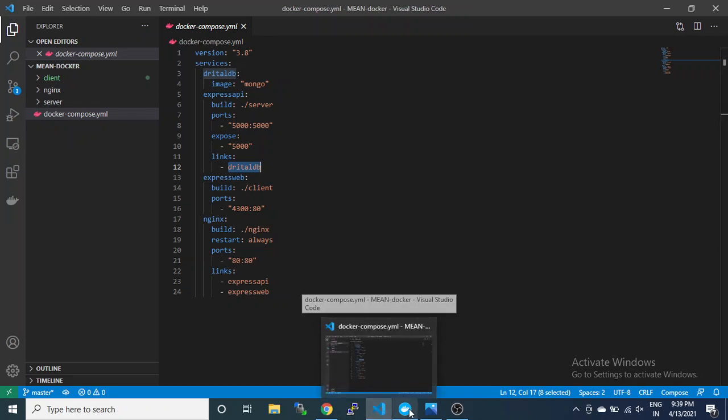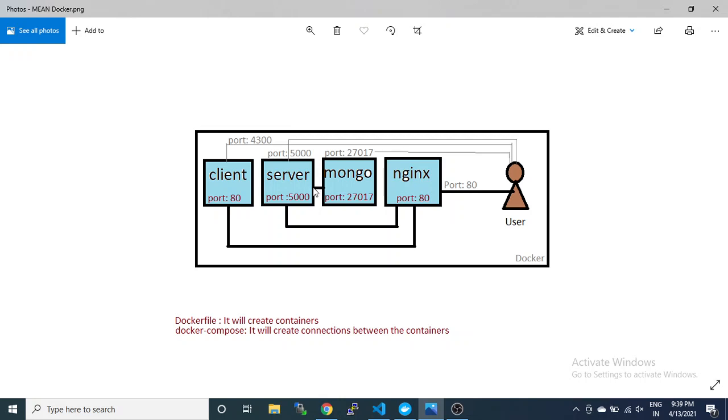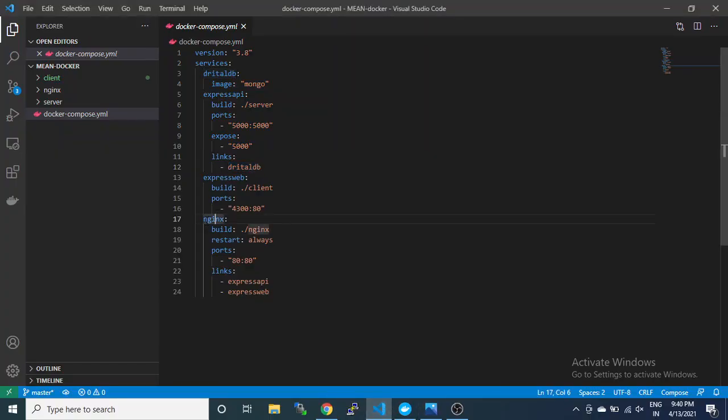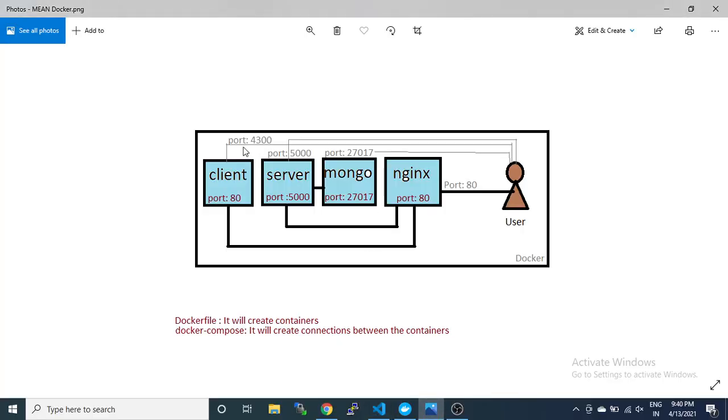Okay, similarly you can see in the image there is a connection link between them, and you can see that nginx has two links, Express API and Express Web. So it is Express Web. It's the default port of nginx for the Angular application, and we will listen on 4300. So you can see that on 4300 the user can access, and these two have links to nginx.